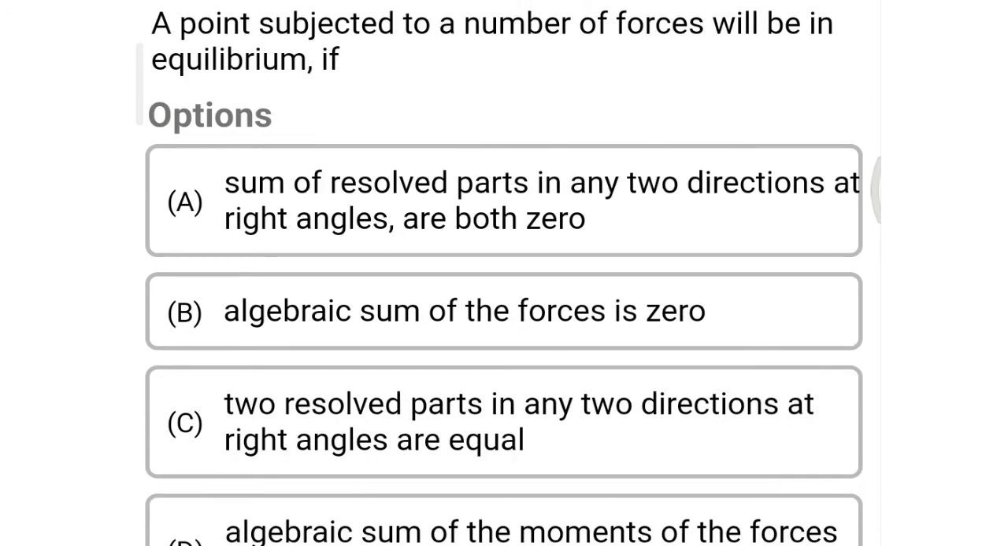So next question: a point subjected to a number of forces will be in equilibrium if: option A, the sum of resolved parts in the two directions at right angles are both 0; option B, the algebraic sum of the forces is 0; option C, the two resolved parts in any two directions at right angles are equal; option D, the algebraic sum of the moments of the forces about the point is 0. So the correct answer is option A, the sum of resolved parts in any two directions at right angles are